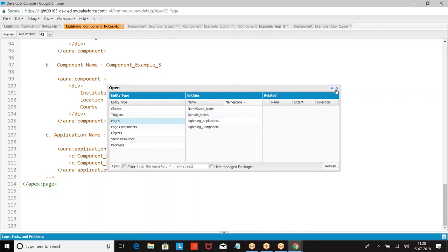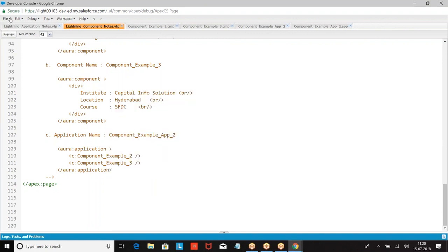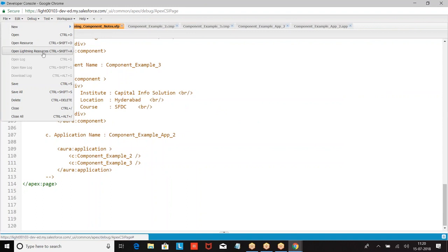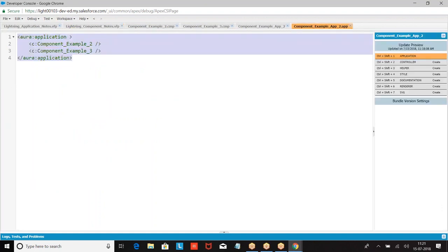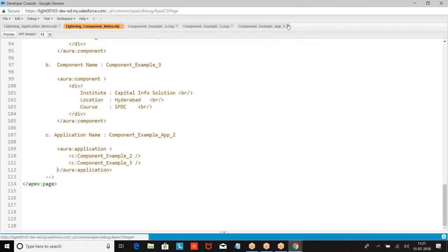Now if it is a lightning, how will you open? File, open, lightning resource. Now everything is a structure. Now we are going for application. Click on it, open. Are you getting my point? This is how we are creating this component.